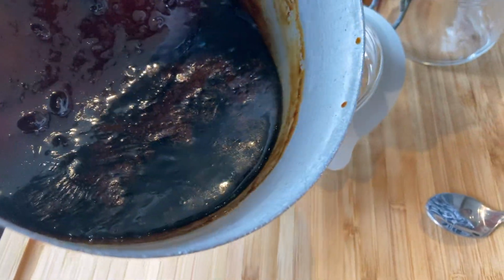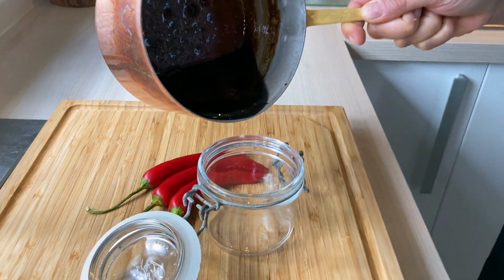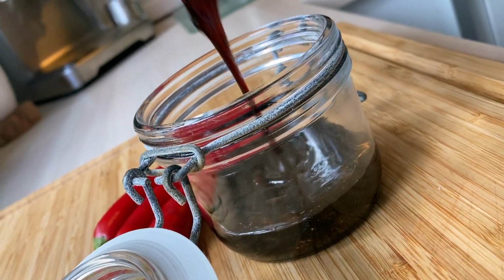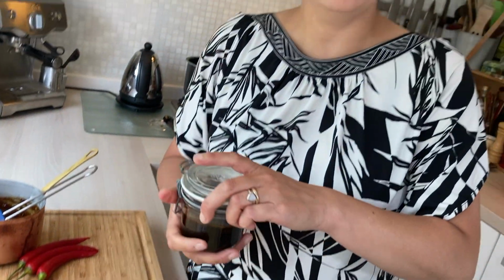For about 20 minutes, you see, the sauce is nice and thick, but it will become even thicker while cooling down. Let's taste. Yeah, it's good. So this lovely hoisin sauce, you can serve it with a lot of things, like dumplings, like